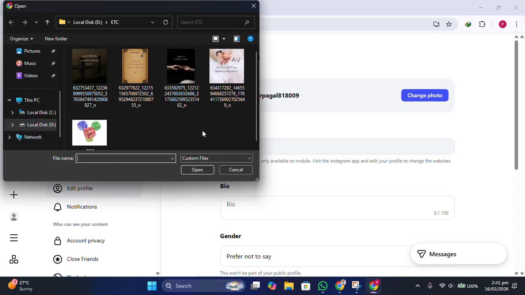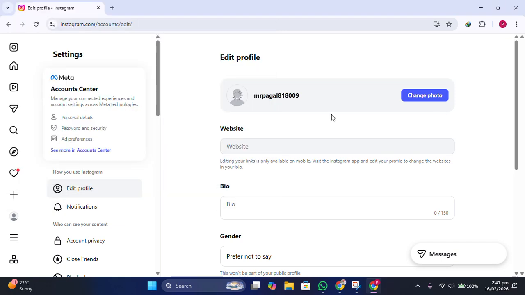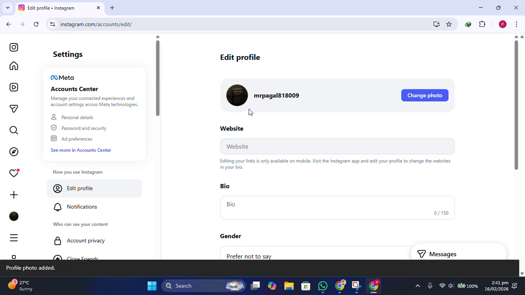Now you just have to select any photo from your gallery. So I have some photos. So let's say I'm gonna select this one from here. And once you have selected, it will take some moments to upload, and once it's done, your profile photo will